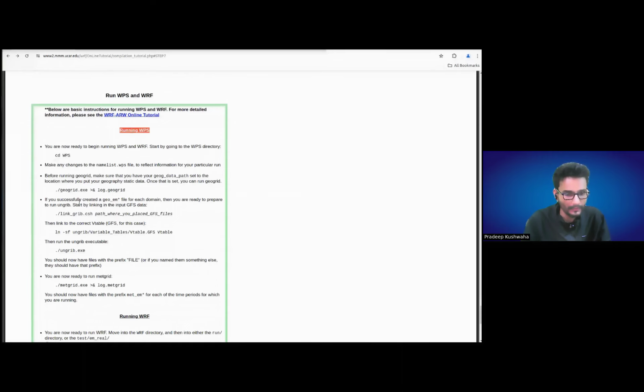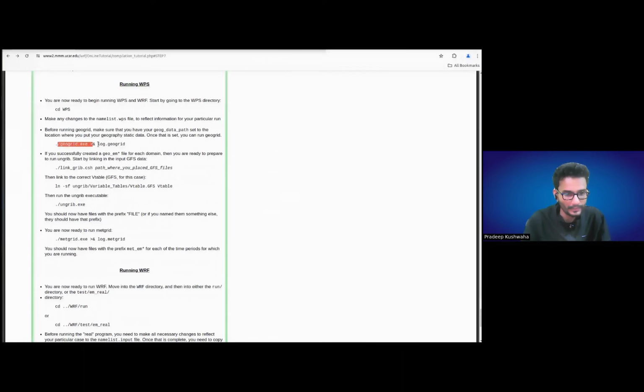Go to cd. We have already run the geogrid. If you use this command, there will be a log.geogrid. If you open this, you will have various messages, whether it has been compiled successfully or not. You can check whether there are errors or something, you can just track those things. So now, once you have successfully created the geogrid file for that domain,